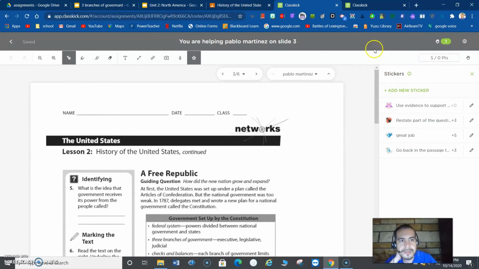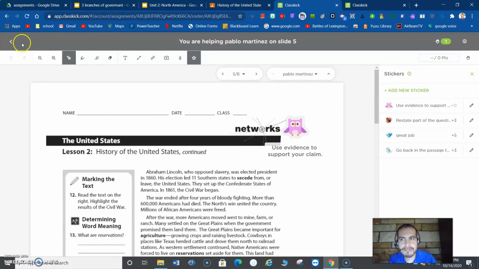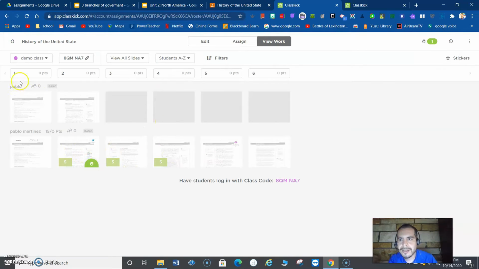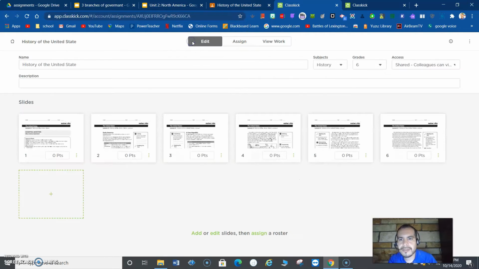If you see that they have a certain amount of points out of how much you gave, then you give them either 100 or 80 based on how much each one would be. To do that, you would have to put your points here. Like here, there's 1, 2, 3, 4, 5, 6. There's 6. I would have to try to put a point system as to how much each slide would be worth. Right now, I just put 5 points for each, and if they get all 5 points,